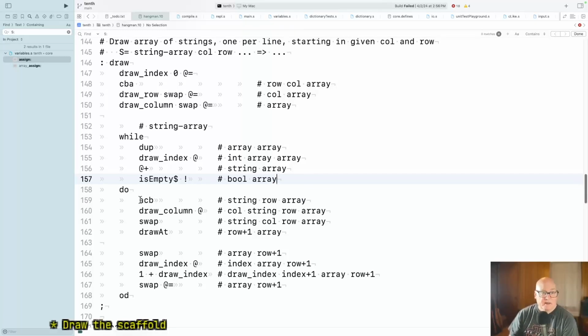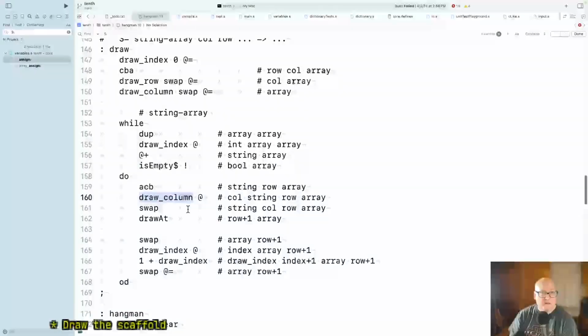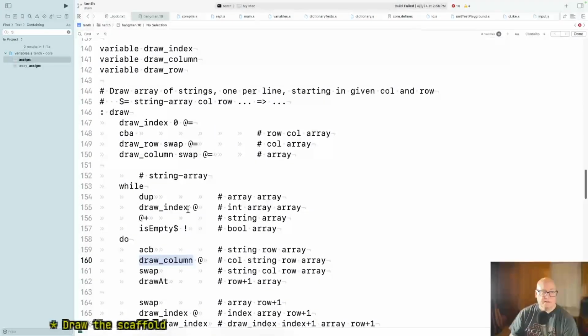Okay, now I do draw column at, yeah, I don't think I want this. Well, I'm sorry, the do produces just the array. Okay. Now, string row array,